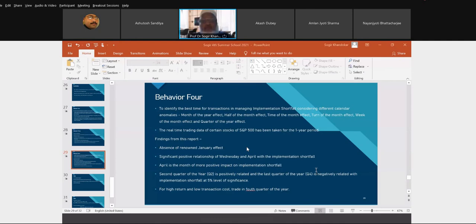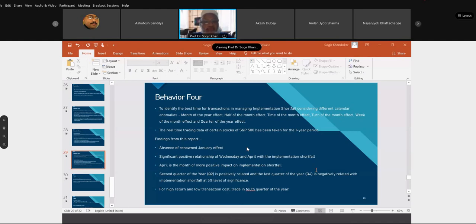But the January first 3 days impact is more on implementation shortfall than other phases of timing. Traders make more orders in the first 3 days of January. They think that at the beginning of the year there will be more sellers and sufficient supply in the market. That's why they create more orders and implementation shortfall rises.